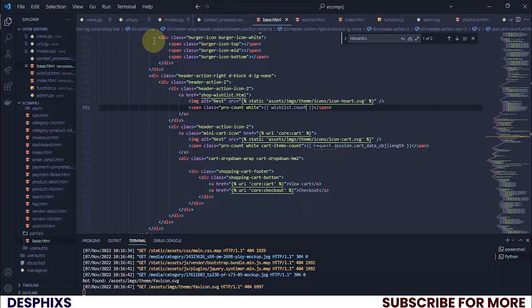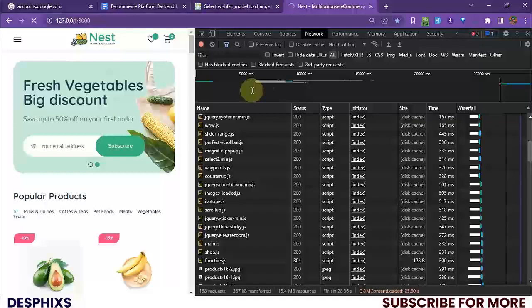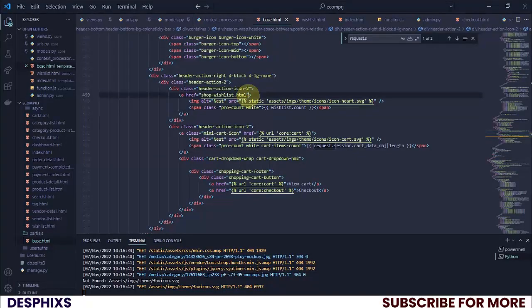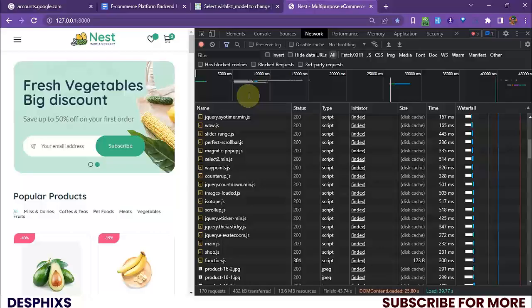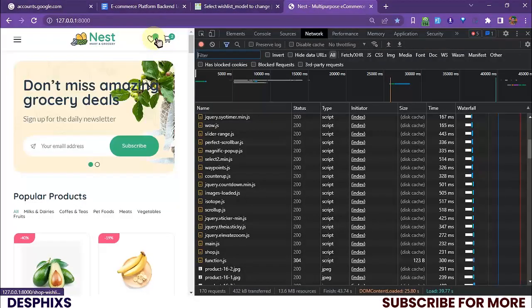Let's see. Okay, alongside that, while that's still working, I'm just gonna come over here and I want to get rid of this. I'm gonna get rid of this, and I want to put the URL. So I'm just gonna put in the URL over here. Remember, it's in core colon wishlist. Okay, this is not working. Let's see if the one